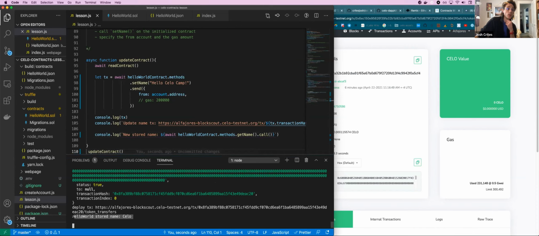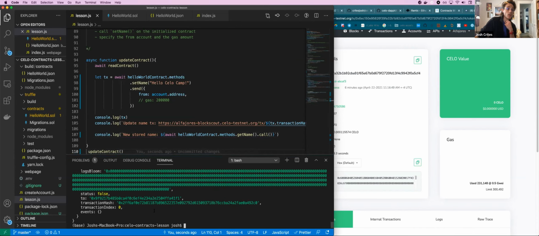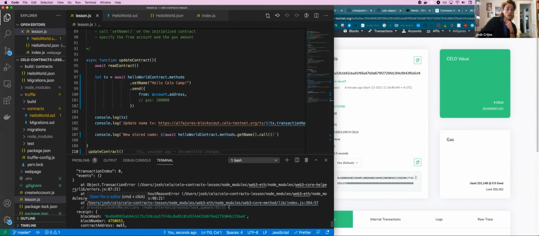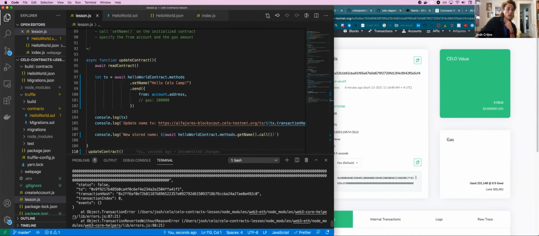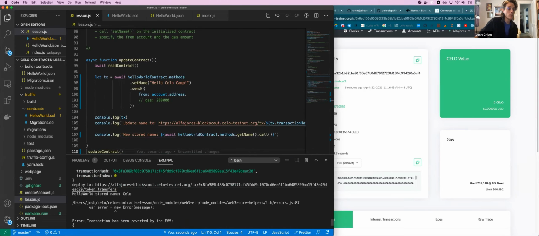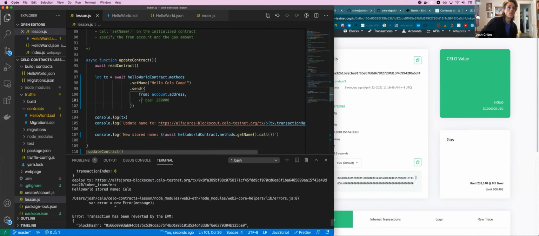So this is the deployment transaction. You see the hello world stored name is Celo, and we just got a new receipt. And we have an error here. So it looks like it was reverted by the EVM. I was having some trouble with this earlier as well. Sometimes it's working without specifying gas, and sometimes it's not. So